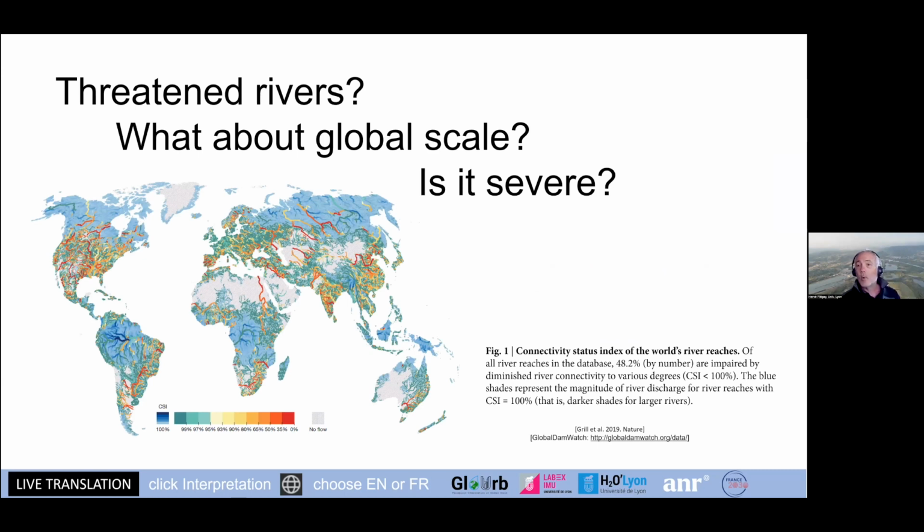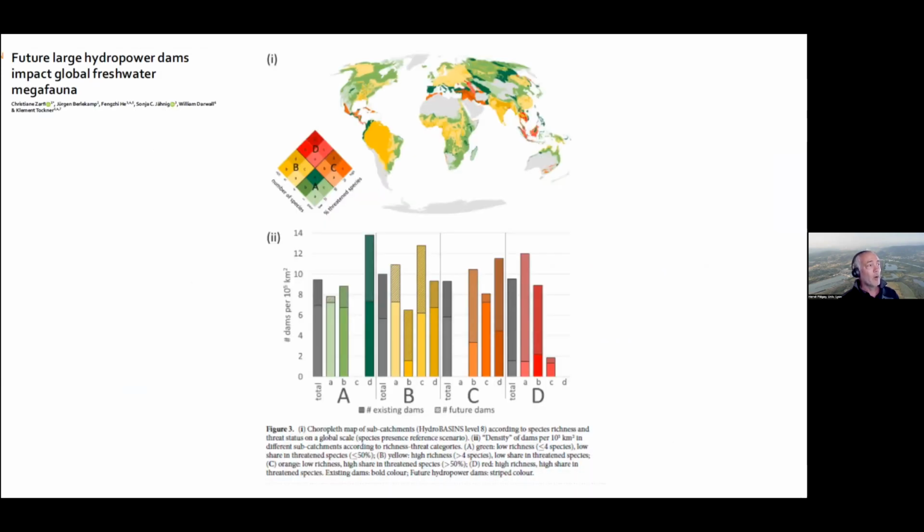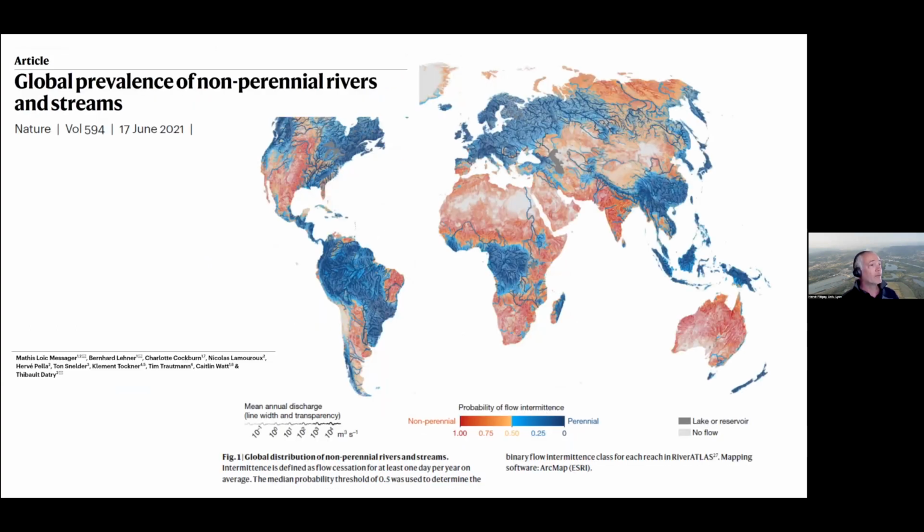Jeff Opperman will talk about dams later on, but one of the first summary works was to take stock of all the dams, see their transformation, the changes they caused, the impact they had on rivers and especially the fragmentation. This is work from Christiane Zarfl et al. You see the impacts on biodiversity and on megafauna. We try to analyze at global level zones where there is low diversity, high diversity, and basically to understand and identify the hotspots of such threats.